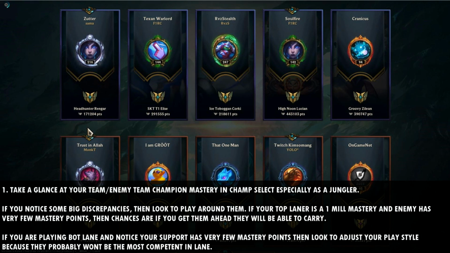Reason being is because a high mastery doesn't always translate into skill. A high mastery could just mean that you've played a lot of games on the champion, and it's not always going to translate into skill. I would more so be paying attention to players who have low champion masteries. So if you notice they have like less than a couple thousand mastery on the champion they're playing, then this